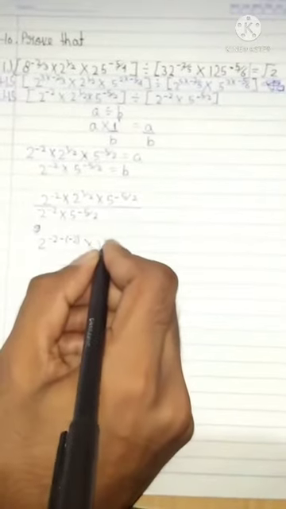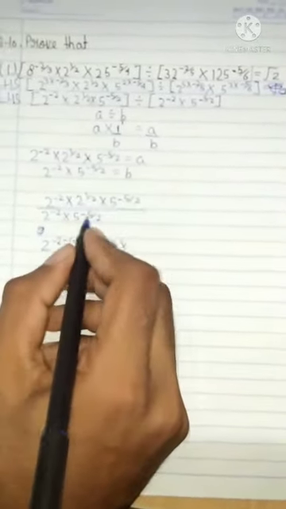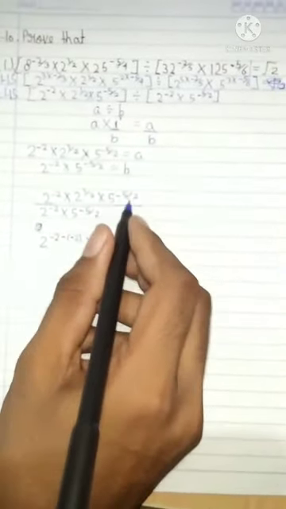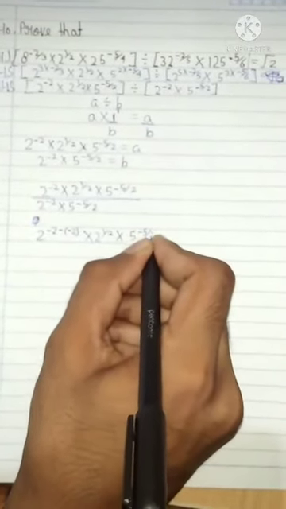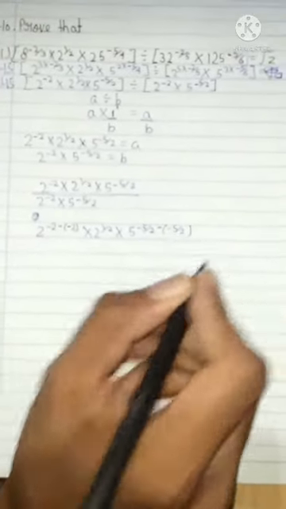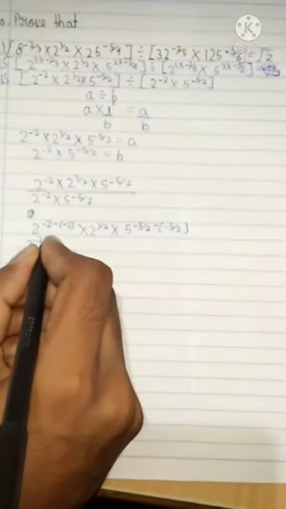Then 2 के पावर 1/2 into, when you take minus 5 के पावर 5/2 to the upside, then it becomes positive 5 के पावर minus 5/2 to minus and minus 5/2, then it becomes 2 के पावर minus 2 minus